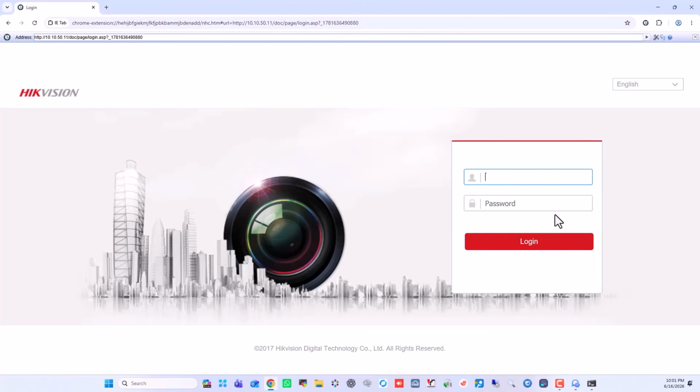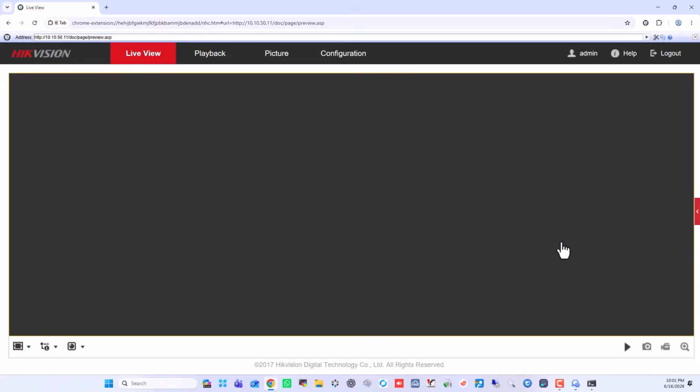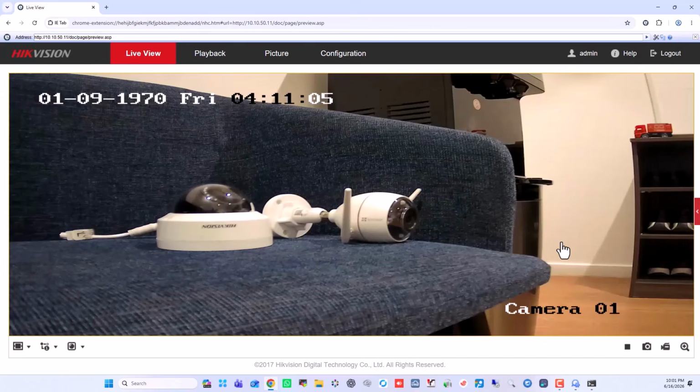Here the Hikvision CCTV camera login page appears. Enter the camera username, admin, and password. Then click on login. And here you can see now the live video feed directly from the Hikvision IP camera in your web browser